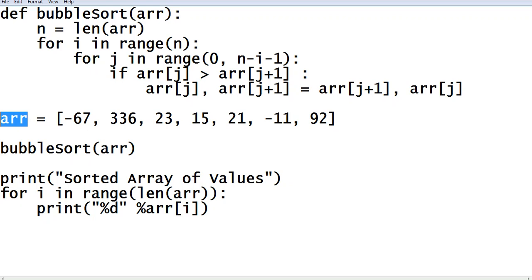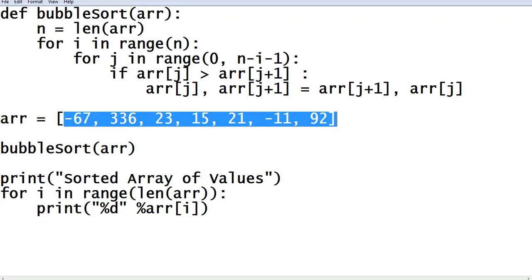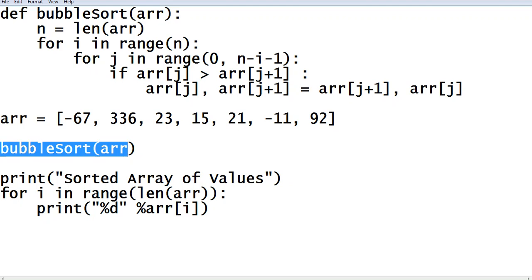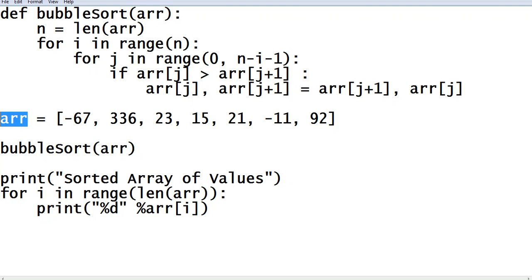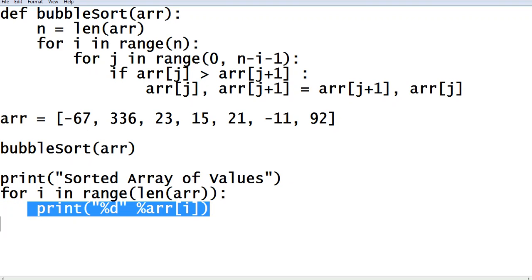So for the array here, we have several values in random order: negative 67, 336, 23, 15, 21, negative 11, 92. Calling our method bubble sort, we call the variable array, and then print the sorted array of values using a for loop statement, for i in range length of our array, and then it will display the list of sorted array values that is being sorted by